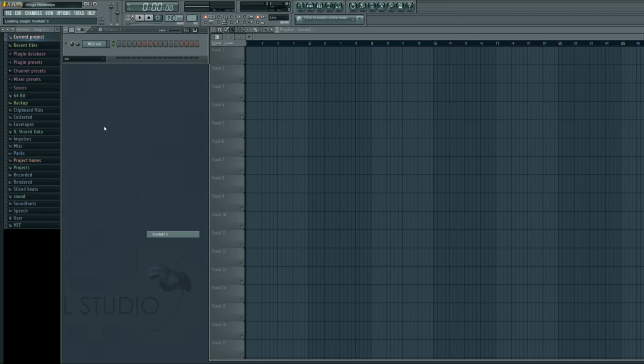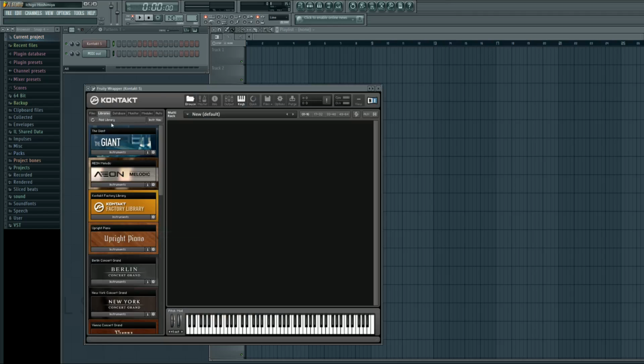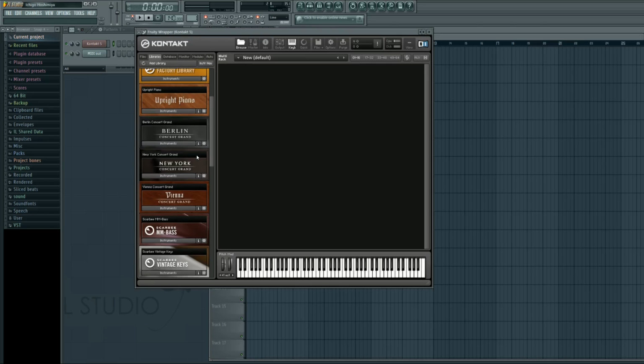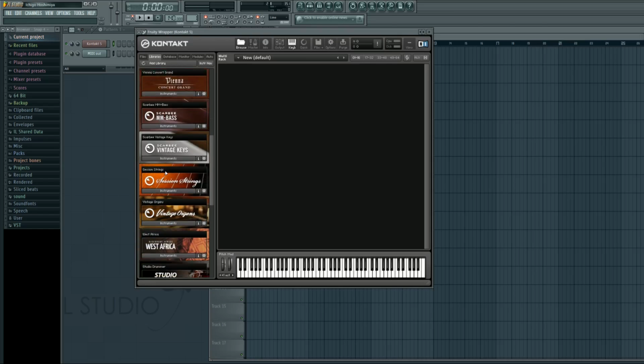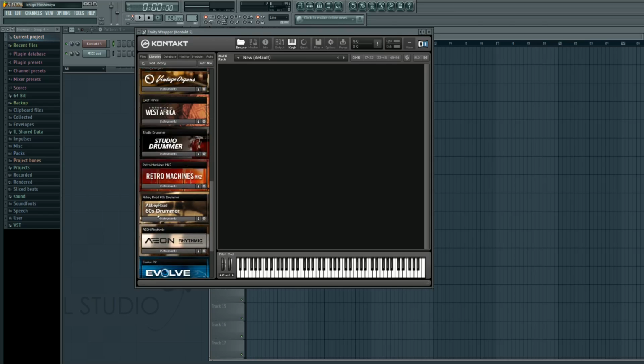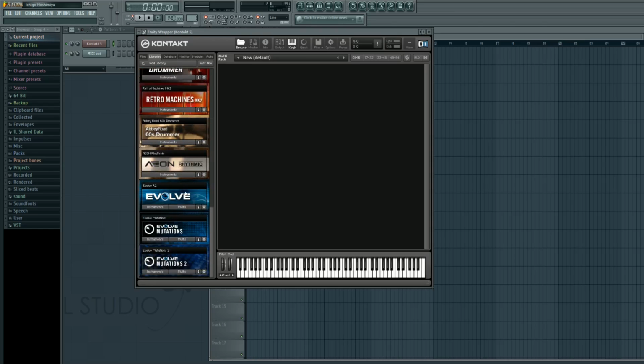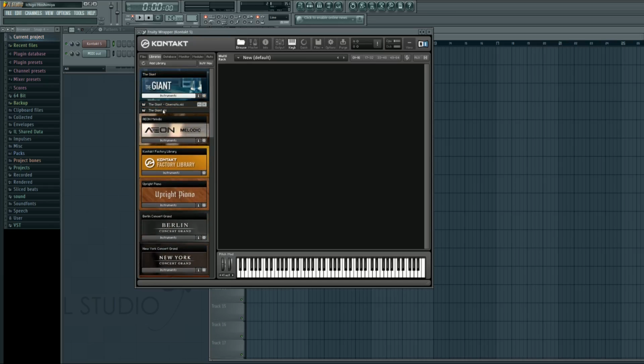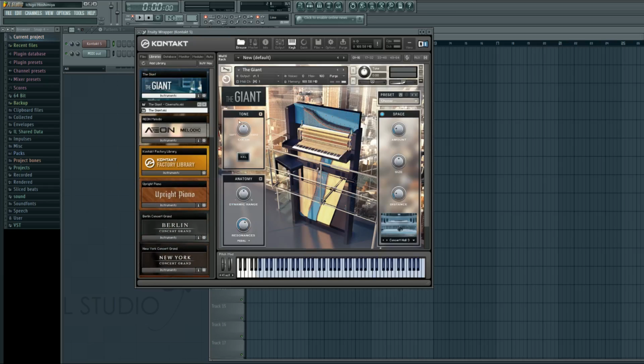Anyways, so you're going to want to start with Kontakt 5, obviously. This also basically works for any plugin that uses MIDI channels to individually control separate instruments inside of the plugin itself. So you can see I have a lot of Kontakt libraries in here. So let's say I wanted to use the Giant, and we could basically just load this up. Now by default, playing in the Kontakt 5 plugin, like with the channel selected,